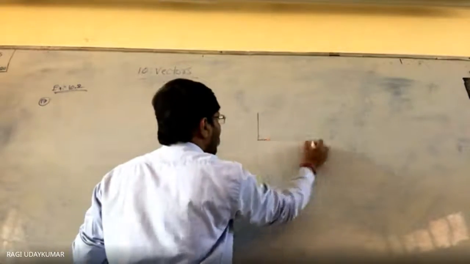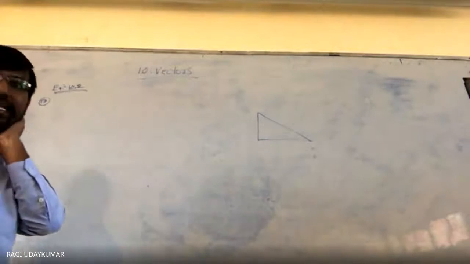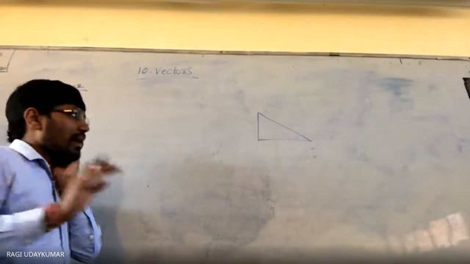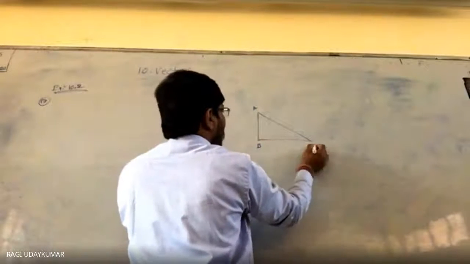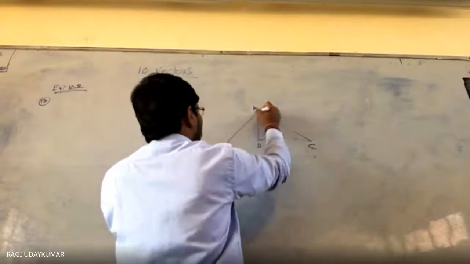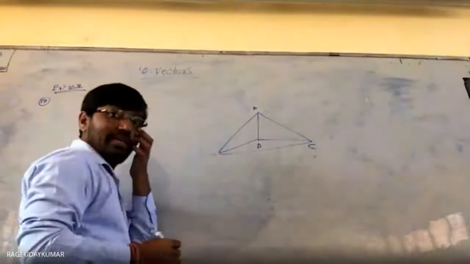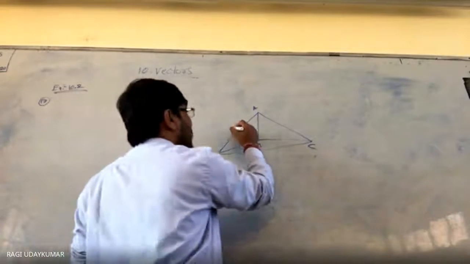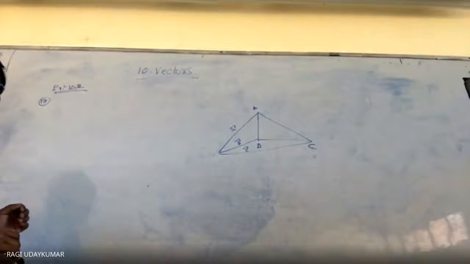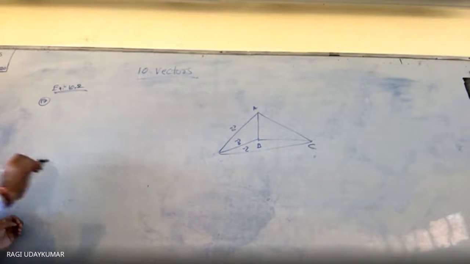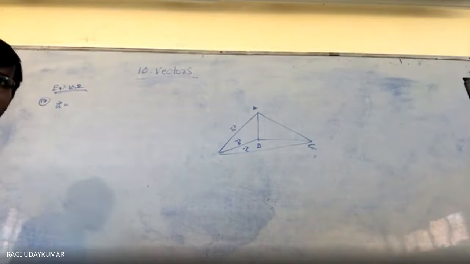Let us consider this is A, B, C, and the position vectors OA, OB, OC are given. I am just assuming this; you may get it in different ways. Is it understood? Be careful here, you should not do this problem directly. Most of the students will commit a mistake here.